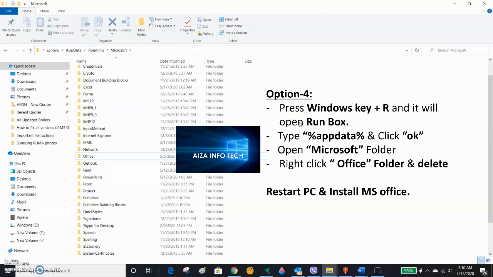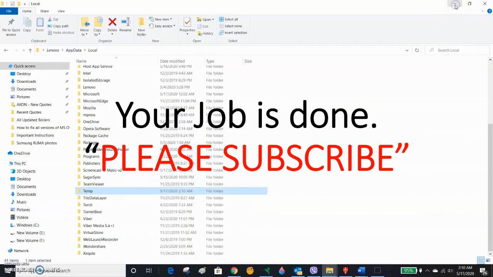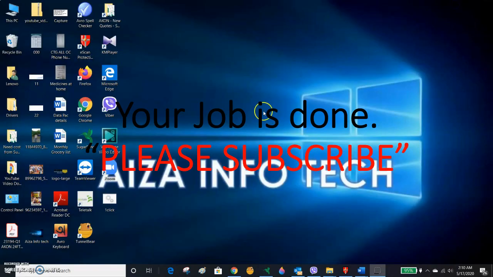Just one more thing you need to keep in mind: if you want to install the latest version, please first remove the older version, then install the latest version, and then you can install the older version if you need. Hope this video will help you to fix errors in installing